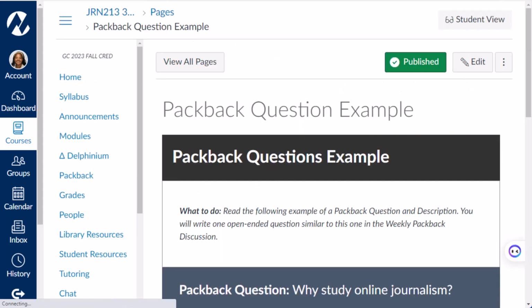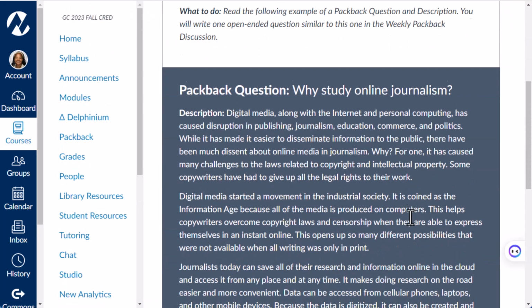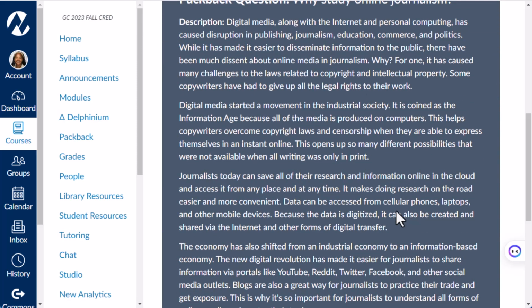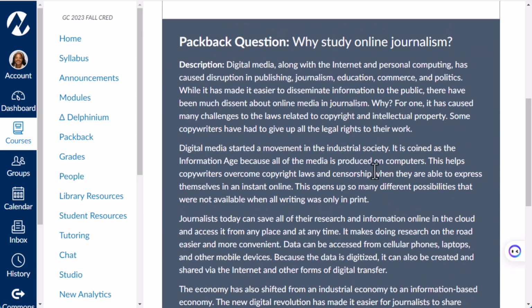Let's take a quick look at that. And so you're asking things that you're curious about. What do you want to know about? Now, you don't have to answer the question, right? You're asking for opinions about things. Open-ended questions aren't questions where you're asking for a fact. You know, what is the job of an editor? That's not the type of question that we're asking because anyone could just look that up and give you a response. But maybe a question like, would you ever consider being an editor given the role that you would play